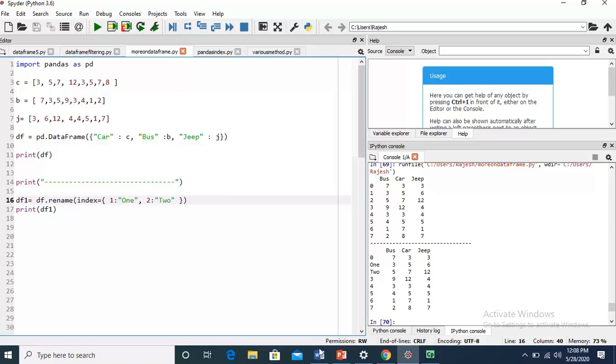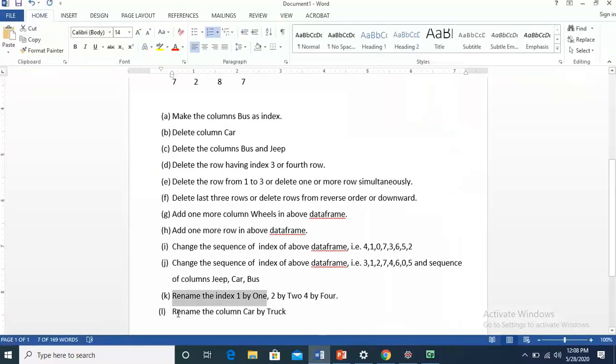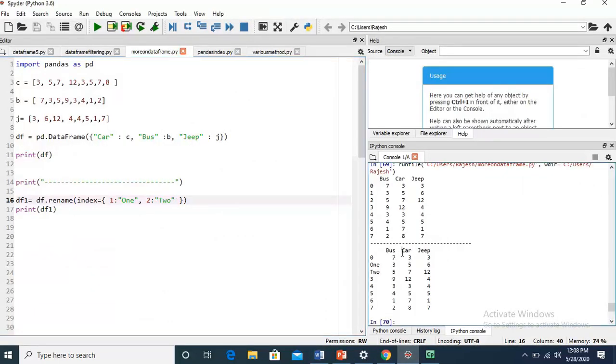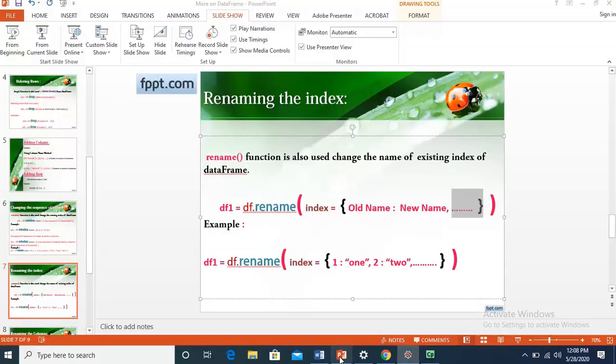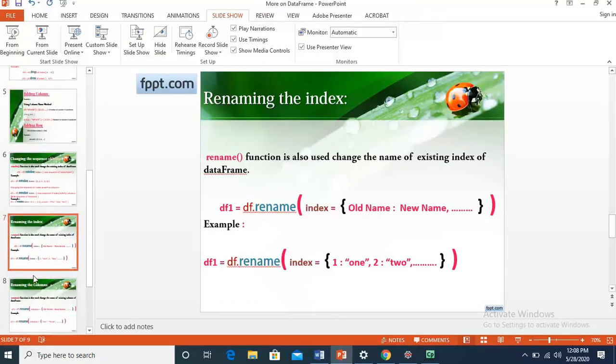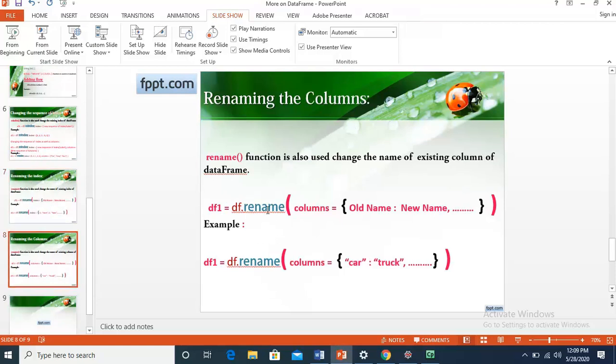Then the next is rename the column car by truck. Here we have to rename this car. The column name is car. Here we have to convert it, its name will be changed to truck. Then for this we use the same function rename, but only we will use columns here.